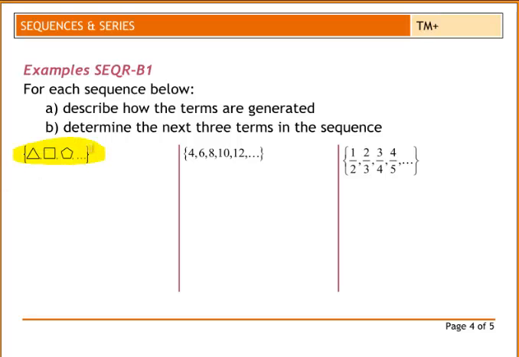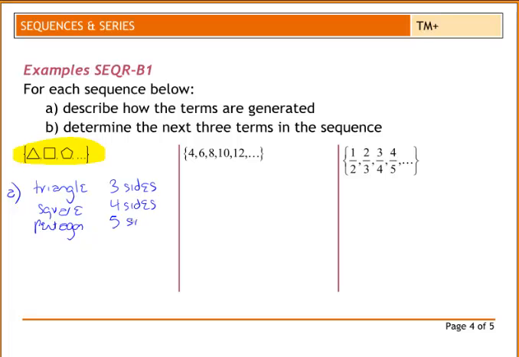Now what is the pattern? Well, we start with a triangle. So we think about what's happening here. Our first term is a triangle, and that has 3 sides. Our second term is a square, which has 4 sides. Then we have a pentagon,